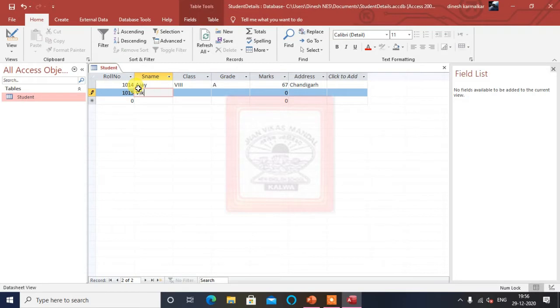And the second record: the letters are very small, so it is difficult to see. 7th. Then grade here. Remember this is grade and not the division. Marks will be 78.